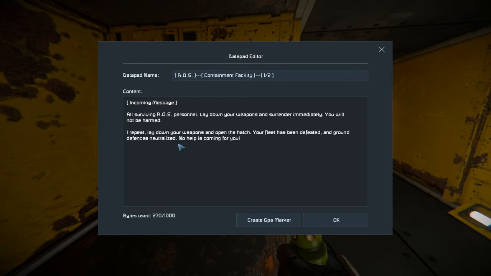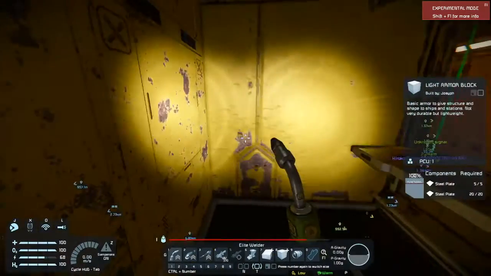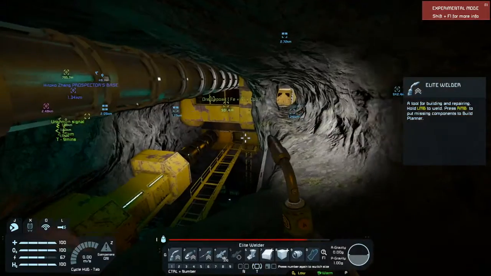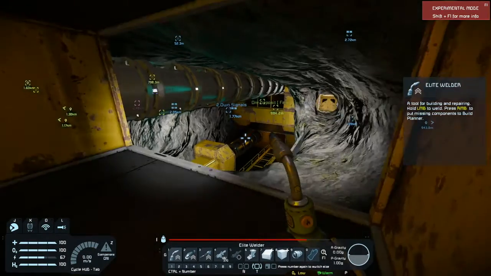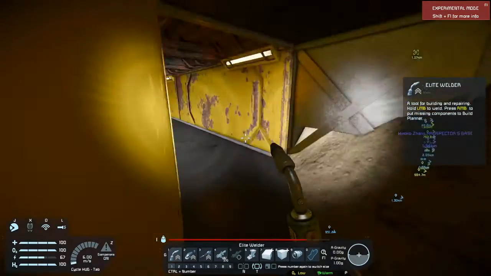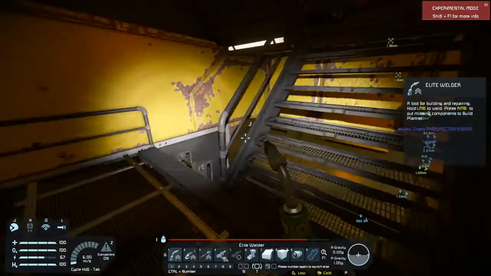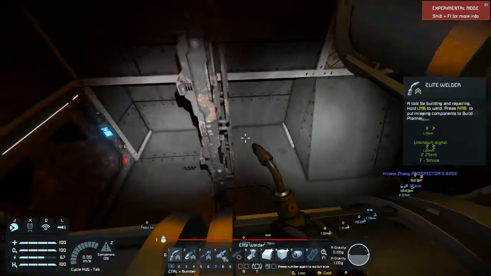So that's an incoming message. So this must be the surrender demand that the scientists faced. They surrendered and then they were killed anyway. So we've seen 4 bodies now. We will explore that later. That looks like a really cool little section there. Okay, so 4 bodies, and this goes down to a little level here,